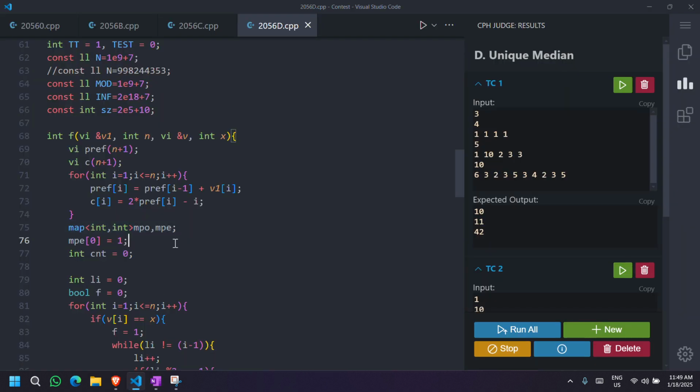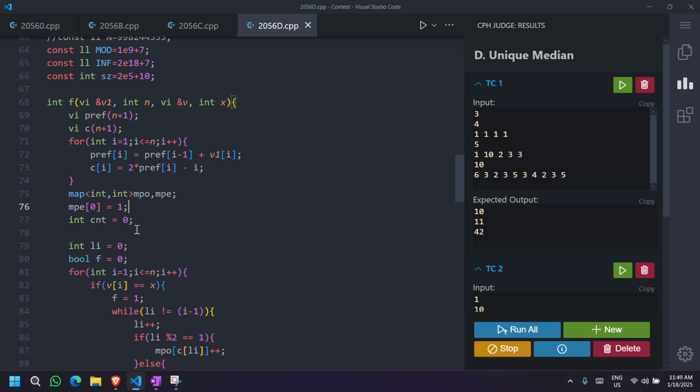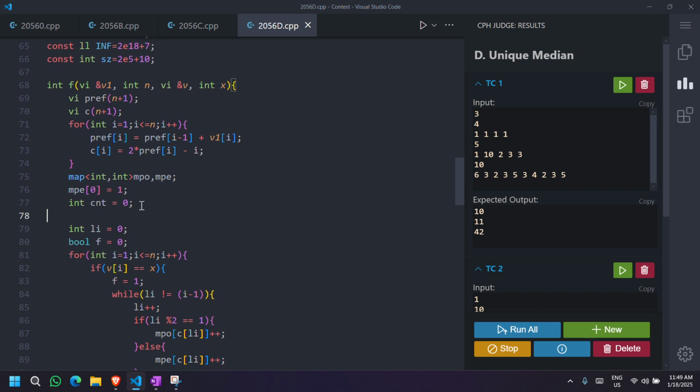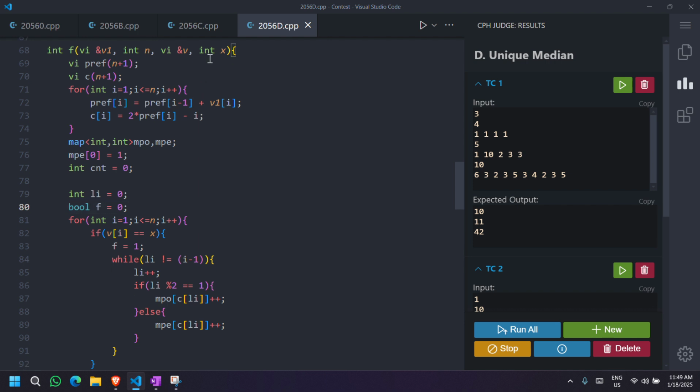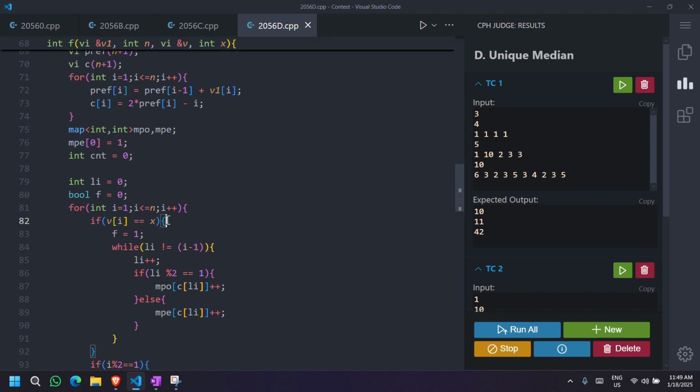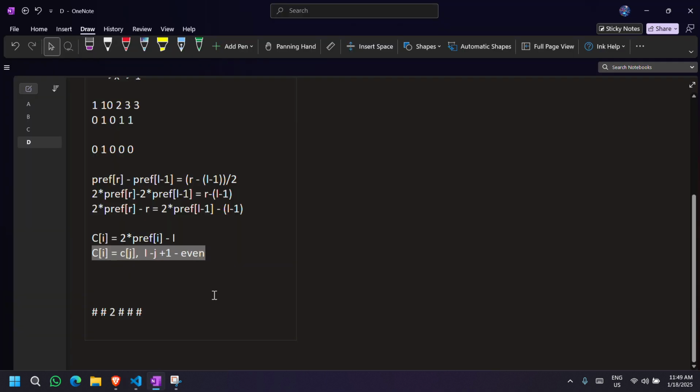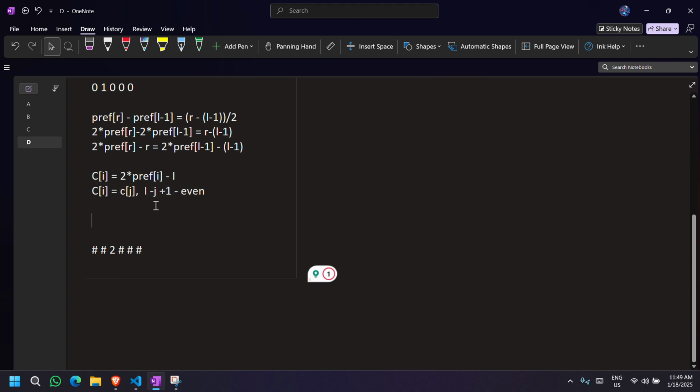Basically I am initializing it with 1, and count is basically the number of bad subarrays, li is basically the last index, and bool f is equal to 0, which means that only if I find the current element x can I take that subarray. So if v of i equals x, then I can now take the subarray. For example, if I am working on x and the subarray is like this